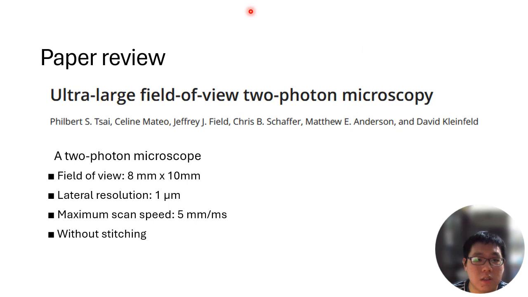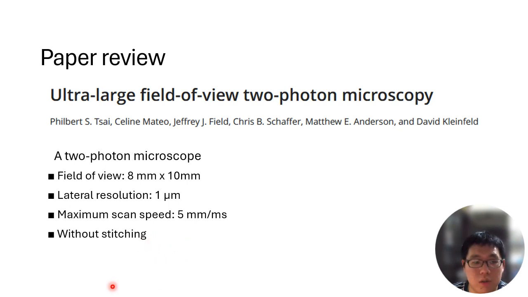The scan pathway employs large diameter compound lenses to minimize aberrations. By recording resting state vessel motion across both hemispheres of the mouse brain and imaging histological sections without the need